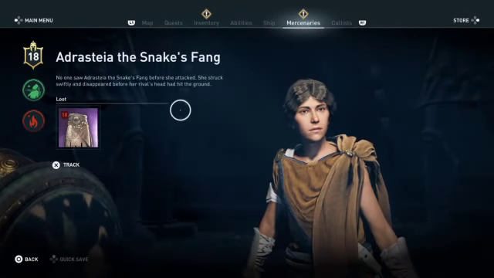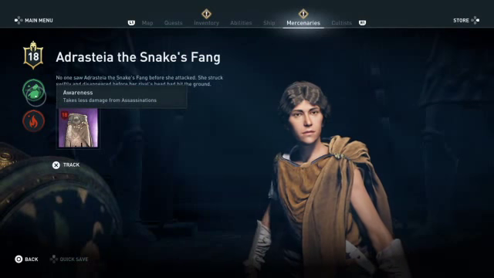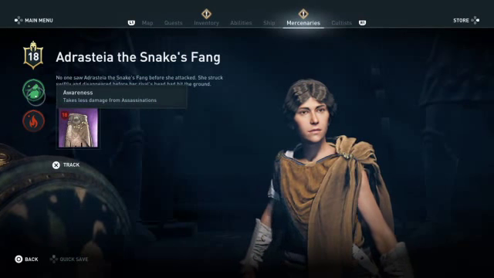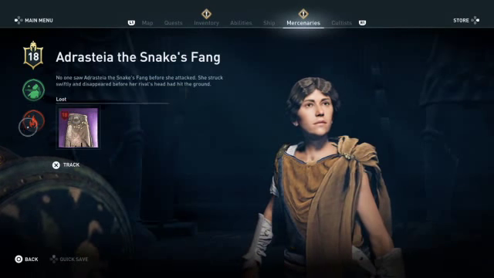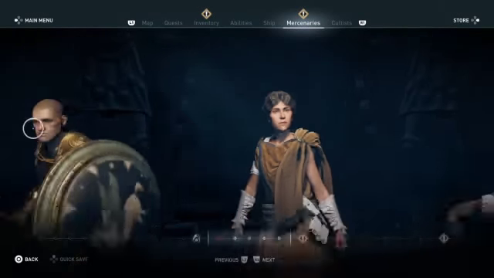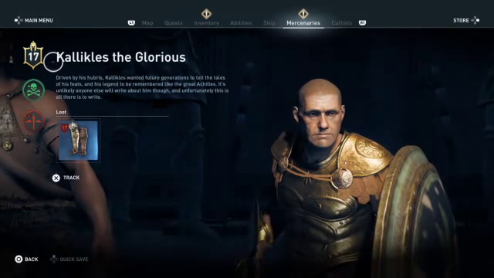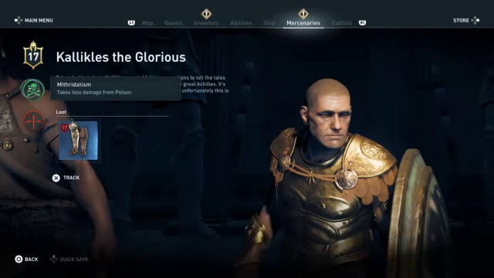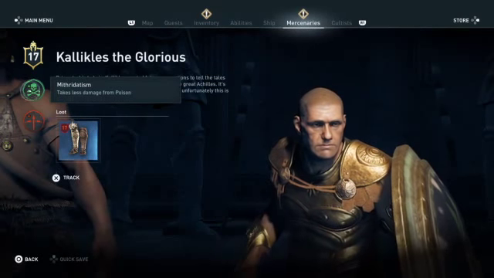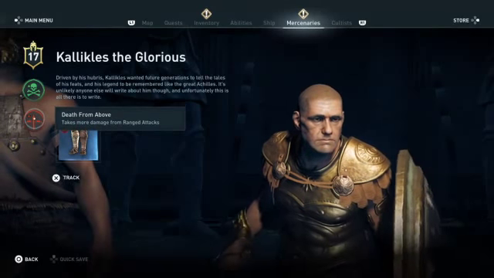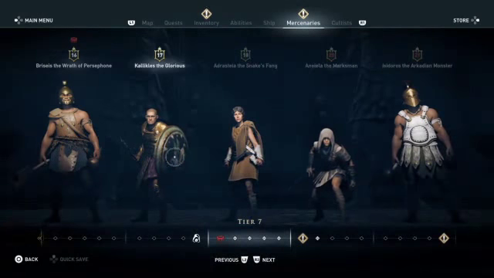Let's go to this woman. Let's see. Takes less damage from assassination, so I know I'm gonna have to be more of a brute force fighter with her. And she does take damage from fire, so maybe I need to equip myself with some fire arrows right here. Takes less damage from poison. I don't really need to care about my poison arrows, so like that. So these tiers are